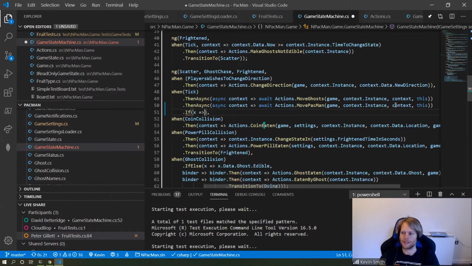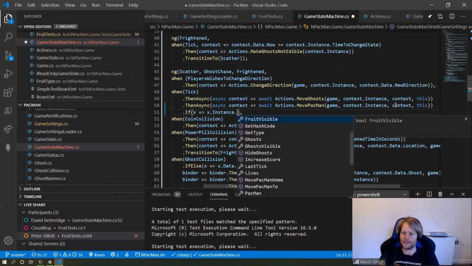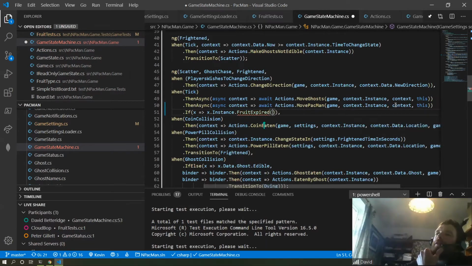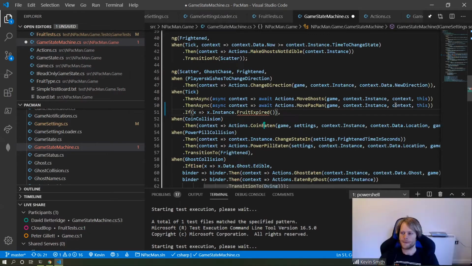Oh, it's the expression. So instance in the game shape. Shame we can't have one method that hides and shows the fruits from in here. But that's a bit tricky. Well, I was going to say, if the fruit's expired,